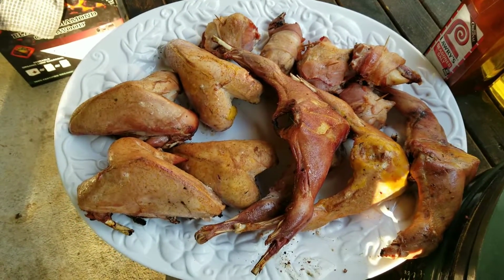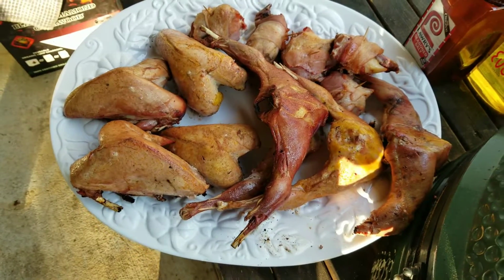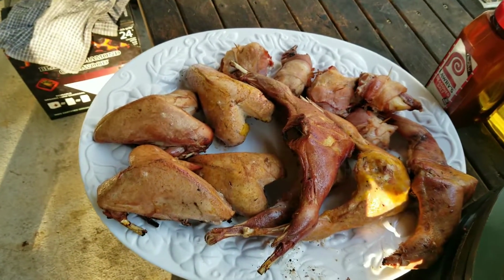And bacon wrapped quail. It looks fantastic. I've got a feeling it will be. But anyhow,